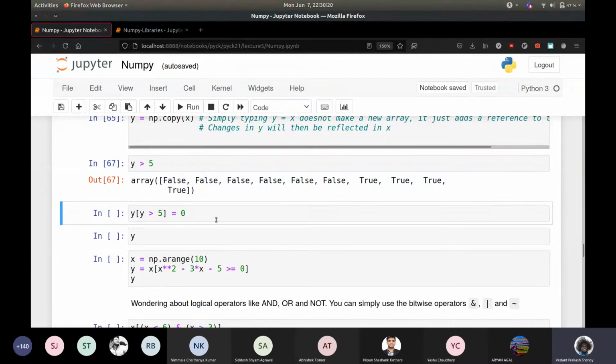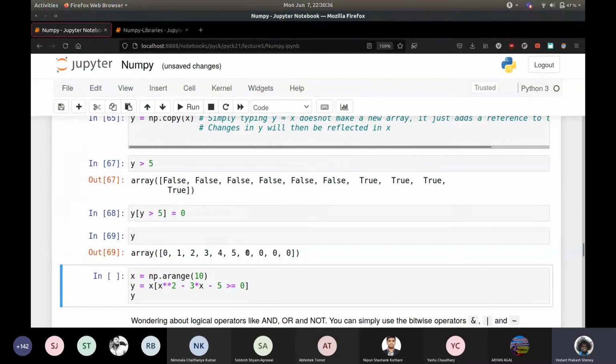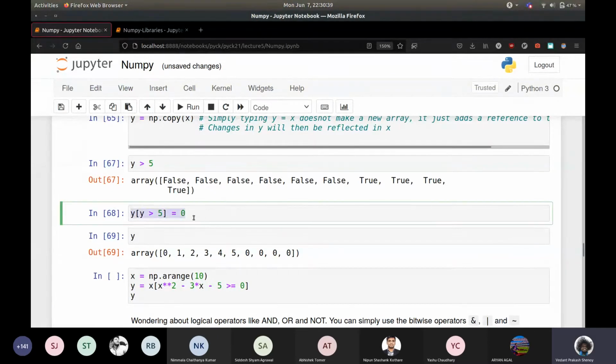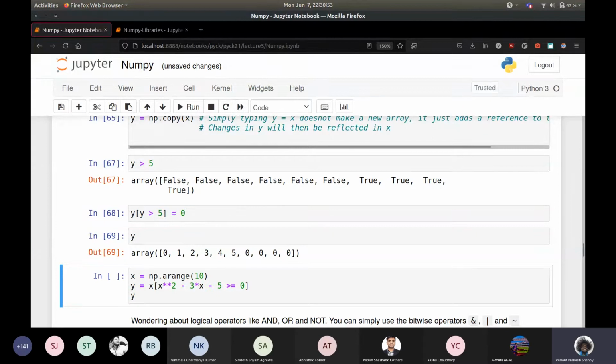And if we set them to 0, you might expect, if you are doing this with a list, that you would just get 0. No, what happens here is that this goes element-wise. So all the elements that were returned here get made into 0. So this reads exactly like you would read mathematically: where y greater than 5 equals 0, and that's what happens inside the array. So it's a very intuitive API. There's nothing really to be scared about. It just takes some getting used to, and now that you've seen it, it shouldn't take too long for you to get used to it.